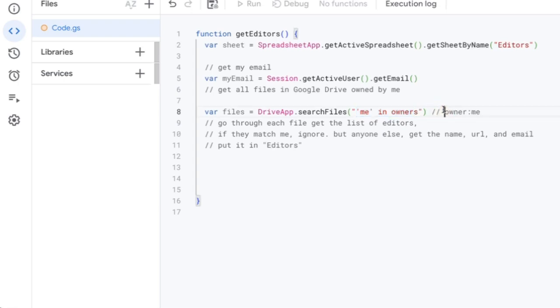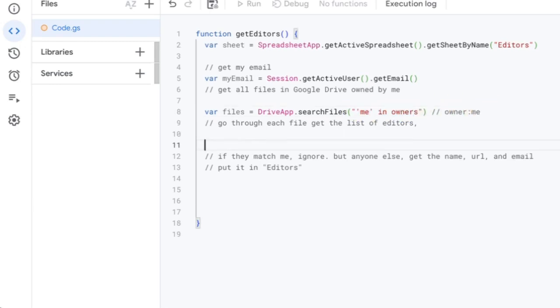Whereas on Google Drive itself, if you just go to drive.google.com and you search for owner:me, that's the correct operator to manually search for it. But this is it in searchFiles. I think that's very interesting. So wow,